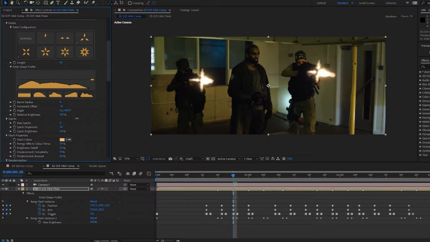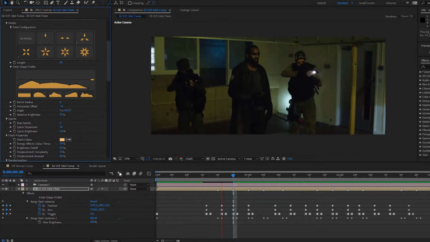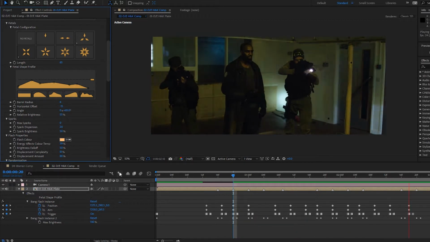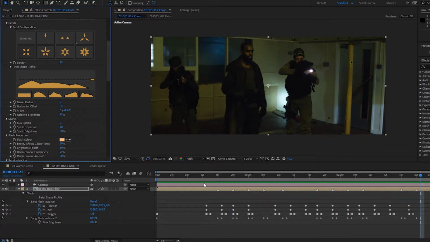So let's just try slightly off axis there, about 85 degrees, and we can make them a lot less bright or more bright than the main flash, and I think these are going to be a little bit less bright. Let's try that there, see what that looks like. Okay,